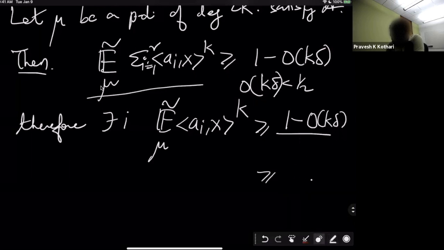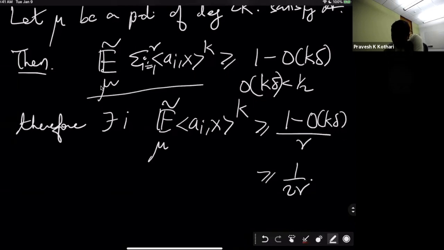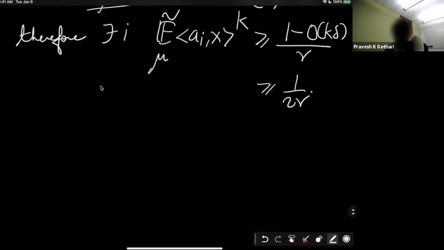And so, one of those R terms must be at least 1 over 1 minus O of k delta over R large. Sorry about that earlier. So, this is at least 1 over 2R. Still following me? Yeah. Now notice that, if this is true, then for actual distributions, if mu was an actual distribution, it means